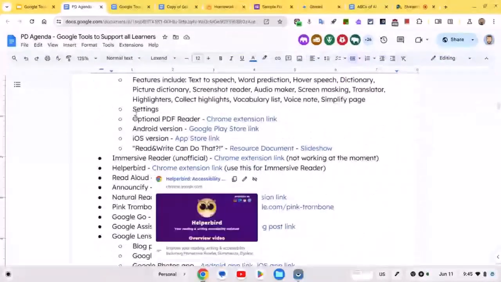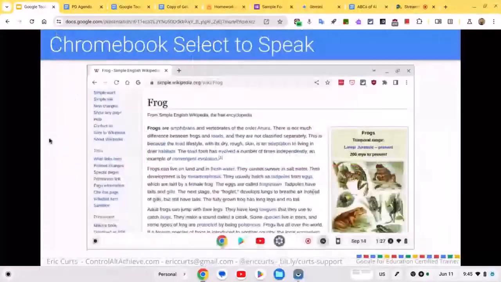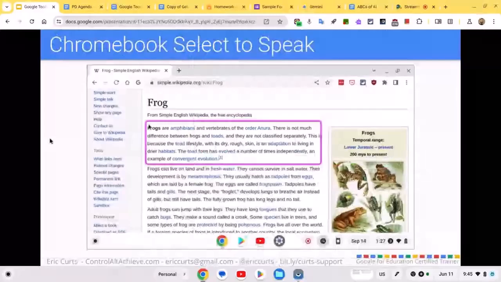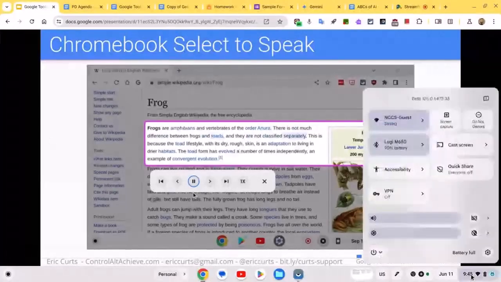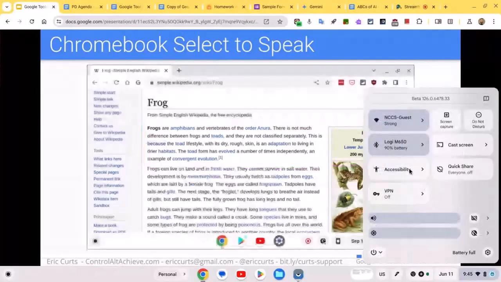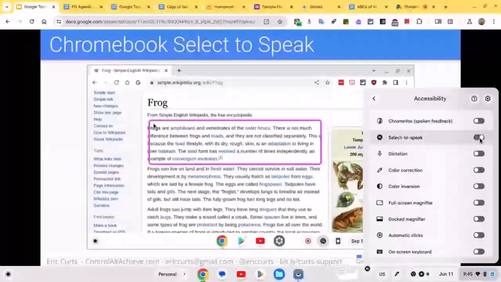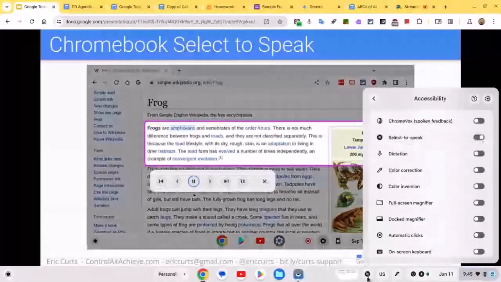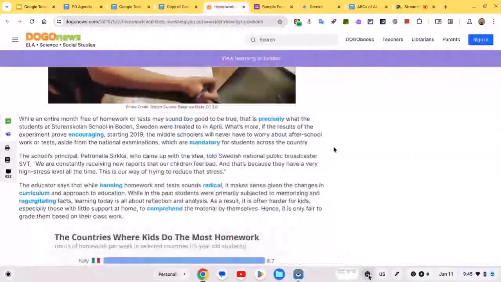Okay, let's keep going. If you happen to have a Chromebook, another option would be to just use the built-in accessibility feature in the Chromebook. So Chromebooks have something called Select to Speak. So in a Chromebook, I can go down to my system tray, go to my accessibility settings, and from my accessibility settings, I can turn on Select to Speak. Once I turn that on, it puts a little teeny speaker down in the bottom corner there. And so now I could simply come along, click on that, drag a box around whatever I'd like to hear,